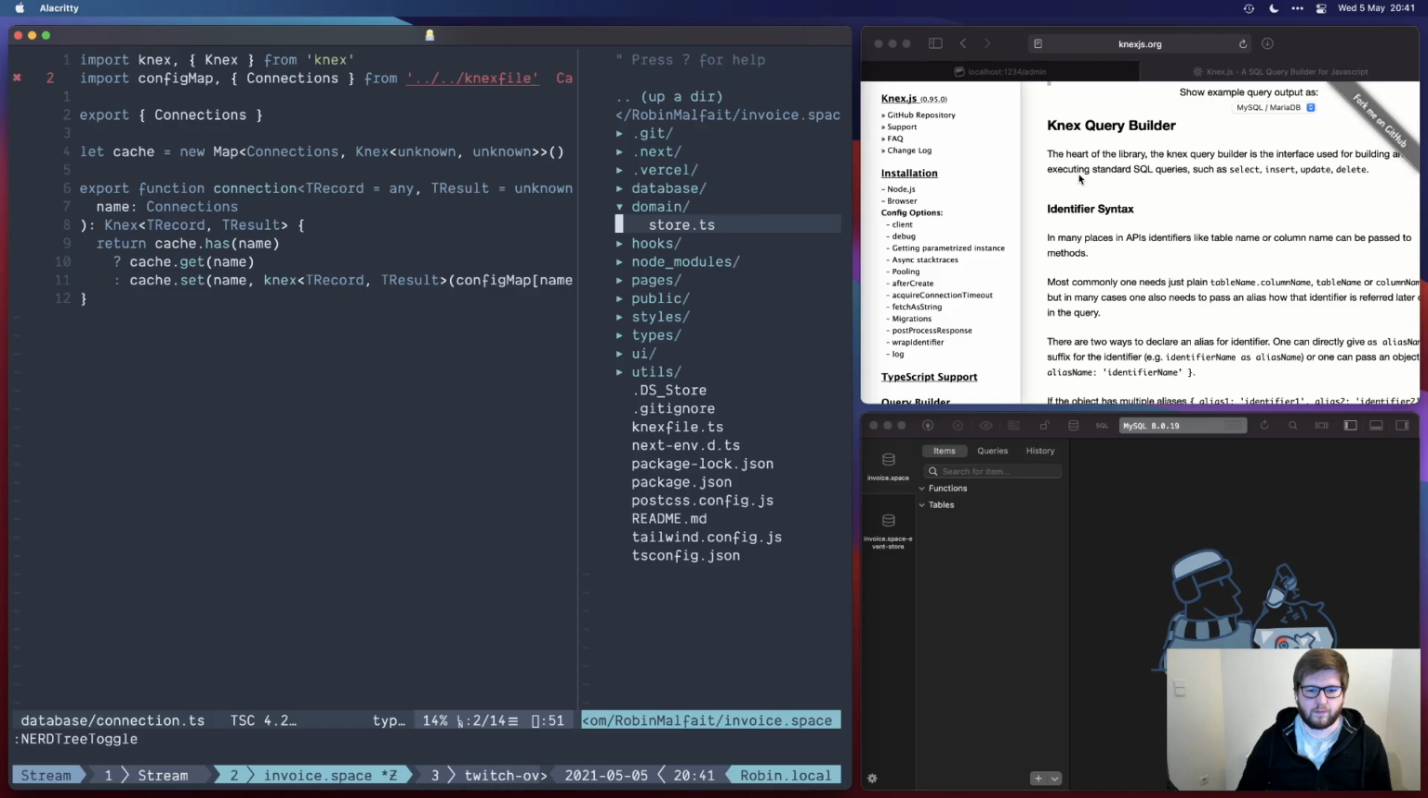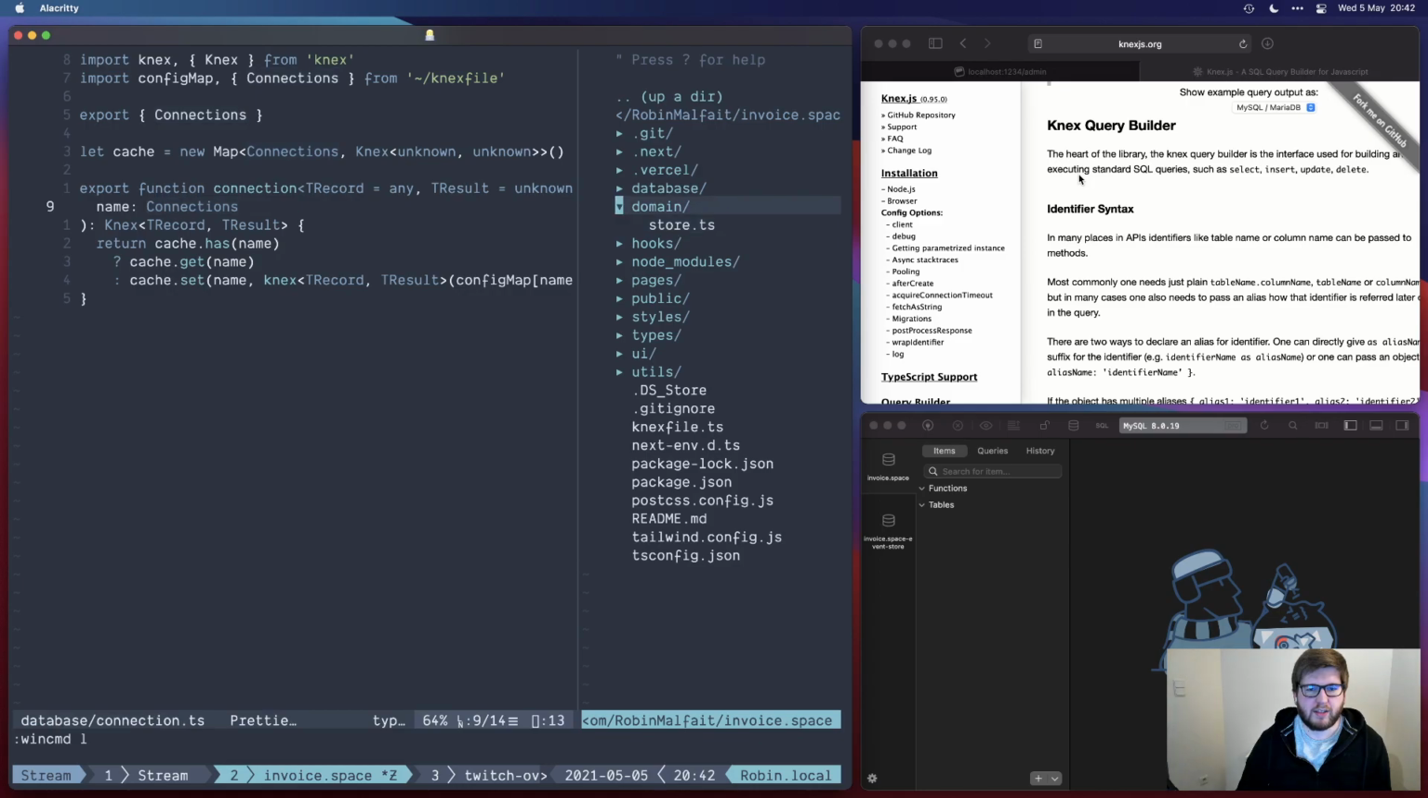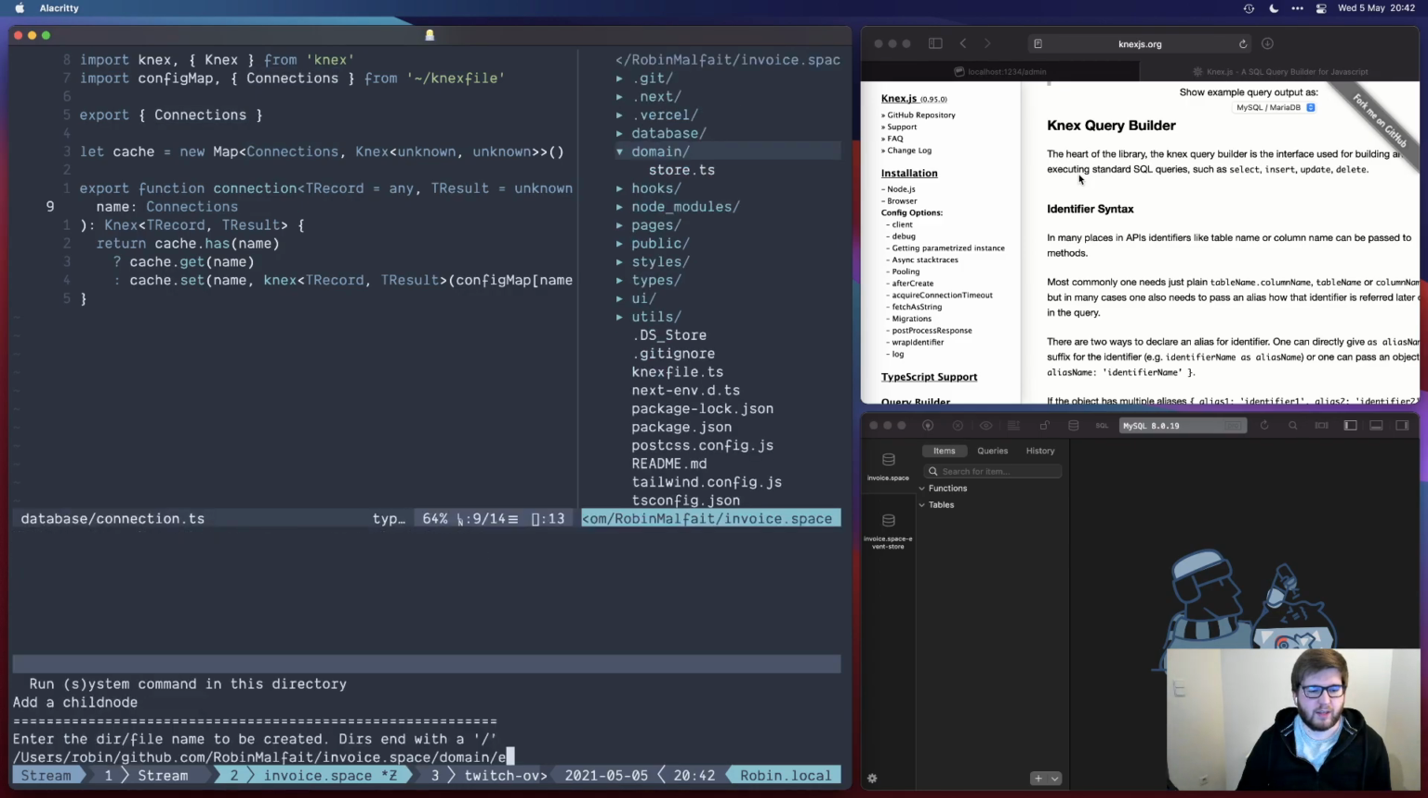Not yet. I think I can do this, right? Knex file. Config map. Export connections. We have a cache. You're welcome. We have a cache. Okay. Now I need my event store and